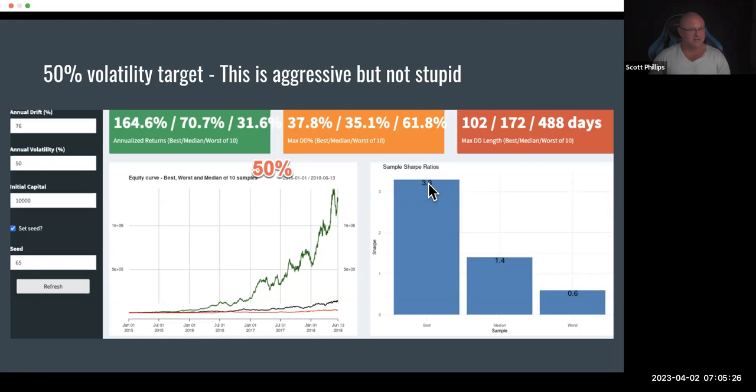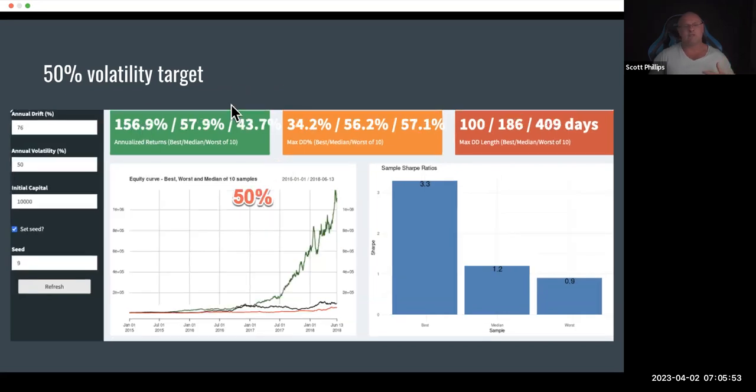well, that's just luck. Now, one thing to notice: if we run these simulations over 10 years, luck becomes less and less of a factor. They tend to converge to the mean over time, but not always, because if we get a 10-year sideways market, the system will probably underperform for those 10 years. If we get 10 years of super cycle, crypto is the new money, this is probably going to perform closer to the top. So we don't know the future. Let's run this volatility target again with a different set of simulations. You can see that our best wasn't quite as good. Our worst was 43% and our average was 57%.